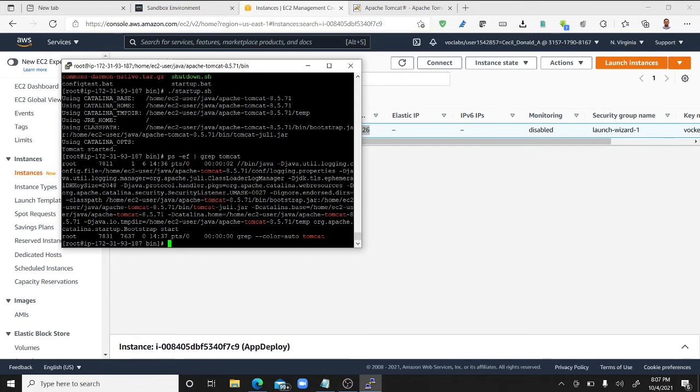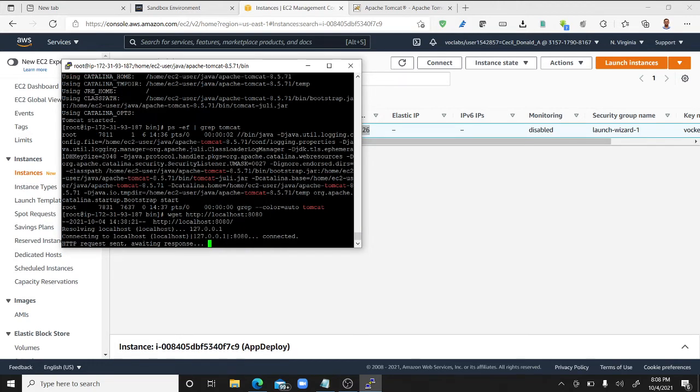Now, we cannot use the same thing, instead we need to do some modifications. And I told you we are going to run it on the local host. In the security group, we have already set it to custom TCP rule, and the port number is 8080. So 8080 means it is a local host. So wget space http:// localhost colon 8080. Press enter.